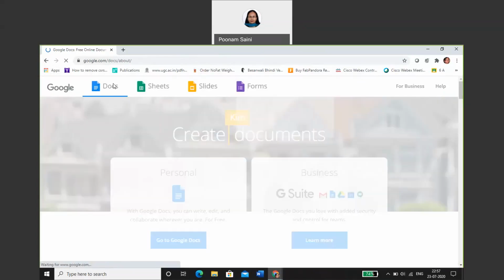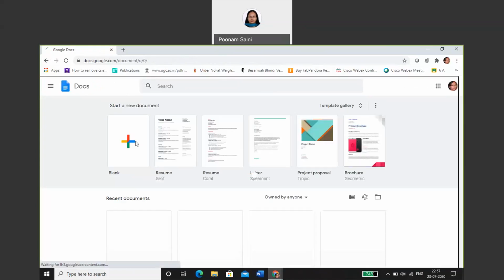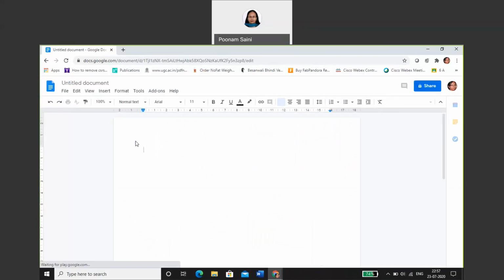Like if I go to Google Docs, we can also use Google Docs to create different kinds of material for sharing, in the form of quizzes or in the form of assignments or so. So this is a Google Doc. Another feature which could be utilized from Google Docs is that you can use it as a whiteboard. You can start typing on this, and then you can invite a few students from your class to collaborate, and they are allowed to edit this Google Doc.